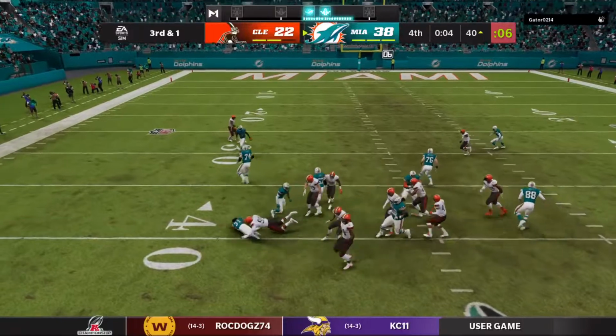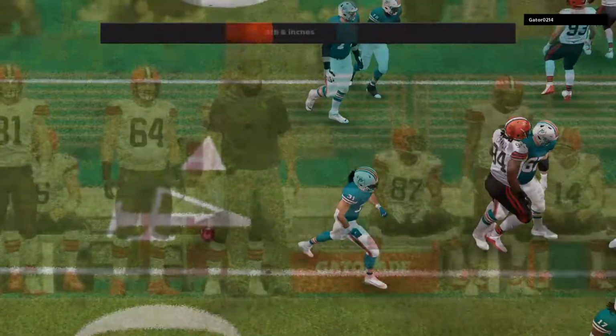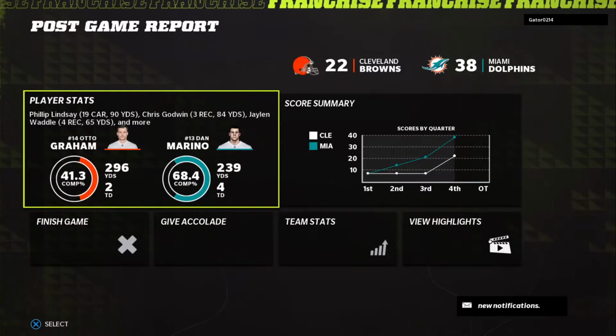On third down, here's Lindsey. And he won't be close to a first down as he runs into a wall right around the line of scrimmage. And the AFC champion has been crowned onto the Super Bowl. There cannot be